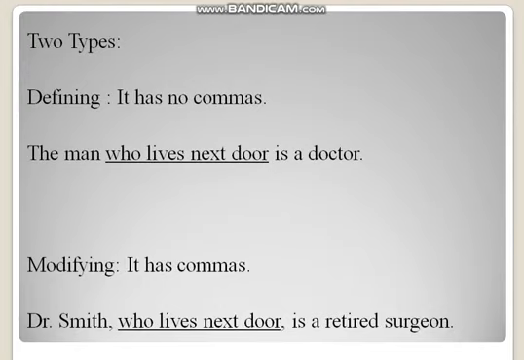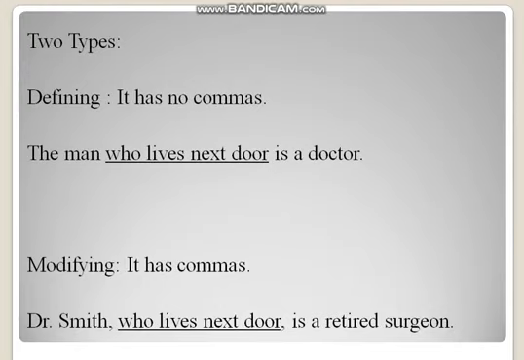It is not just defining the noun as in the last sentence, the man who lives next door. Here it is more defining the man. We didn't know about the man, so it is defining which man is there. But in the next sentence we already know about Dr. Smith, the name of the man who lives next door, so it is just adding something more to it. It is just modifying the noun here. So that's why it can be omitted as well.